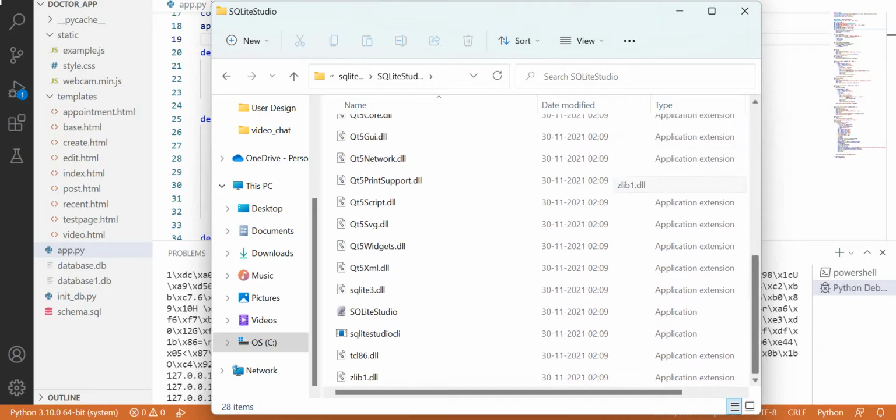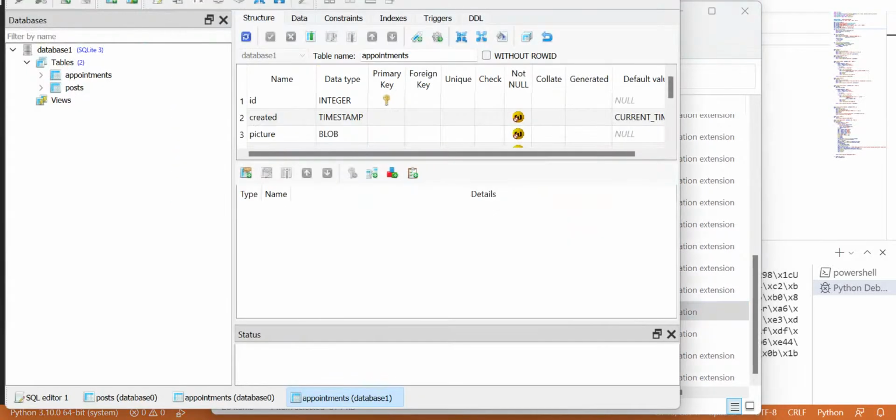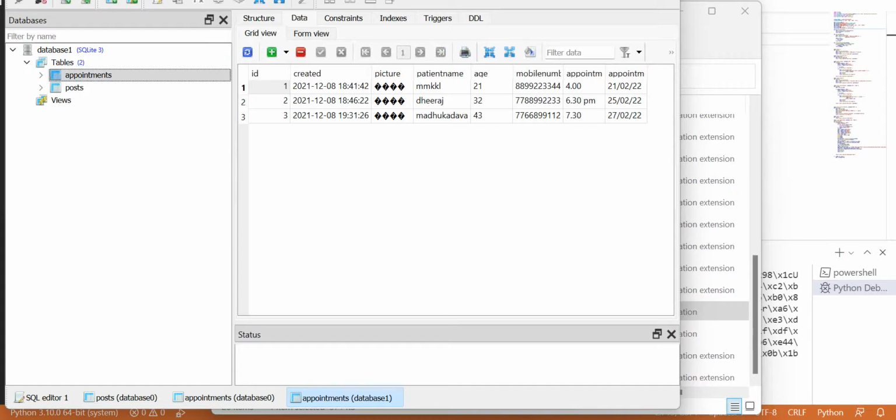Sorry for this, I should have pinned it on the desktop itself, but that's fine. Database one is the one where we have tables, so two tables are there. This is the appointments table. We'll see the data. Yeah, Madhu Kaidava has come. Okay, so that's the thing.